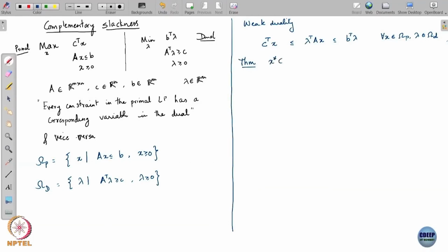So, x star in omega p is optimal for the primal LP if and only if there exists a lambda star in the dual, in capital omega d, such that